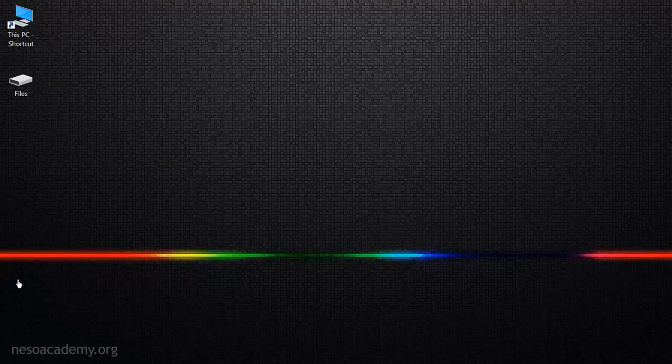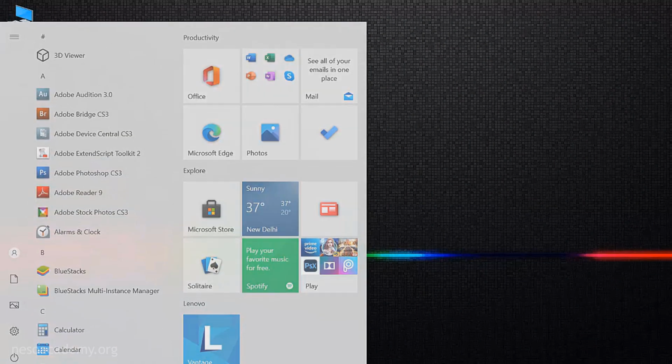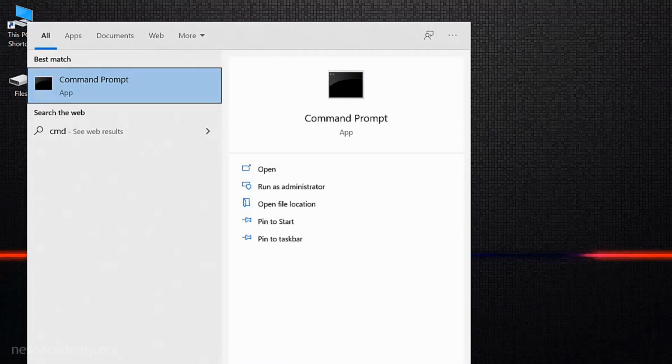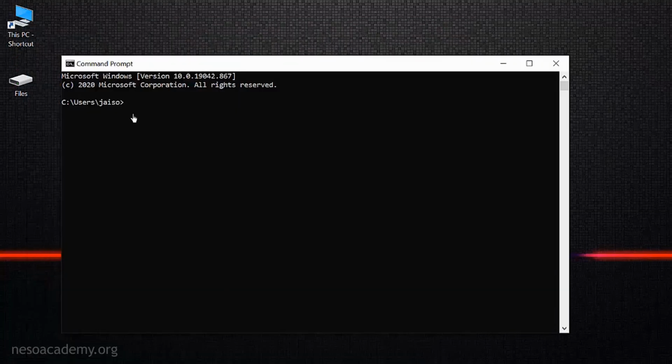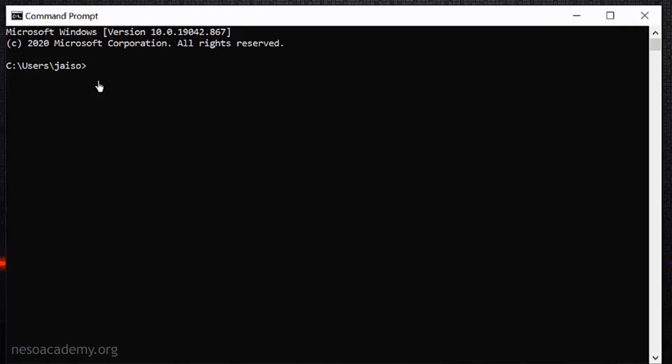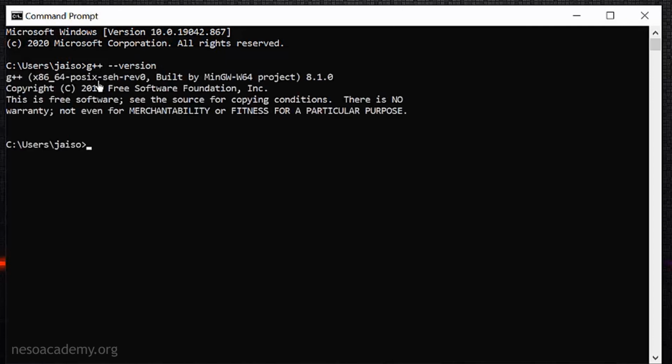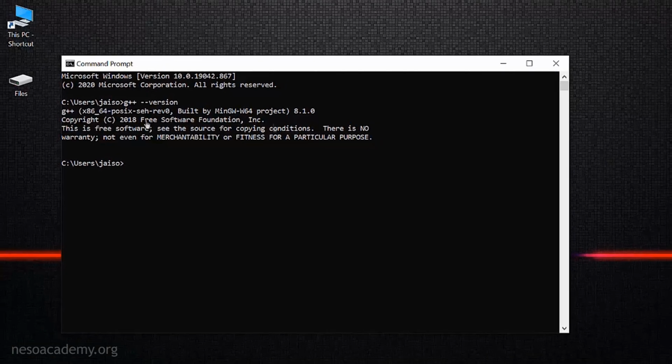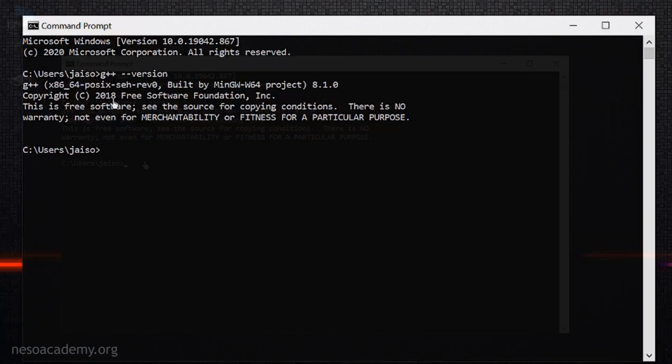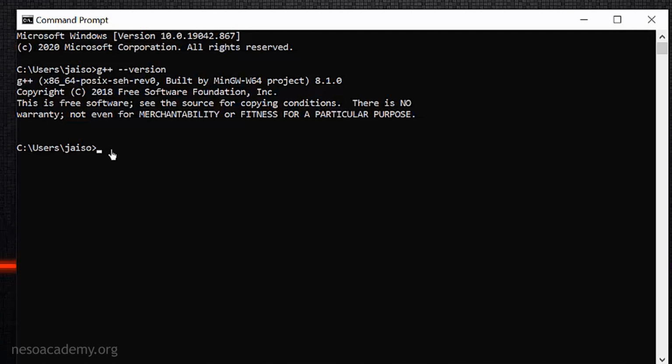Here I come to my desktop again, and then I come to start, and type CMD in order to open the command prompt. Here we have the command prompt window opened. We have to type what we just saw: g++ space hyphen hyphen version. Now if you press enter, you see that the expected output I showed in the slide has come. The version is shown here, and it shows that it has been successfully installed and everything is proper. Even if you don't set the path variable properly, you will not get this expected output. So carefully install everything and make sure you get this expected output, which verifies that the installation has been successful.